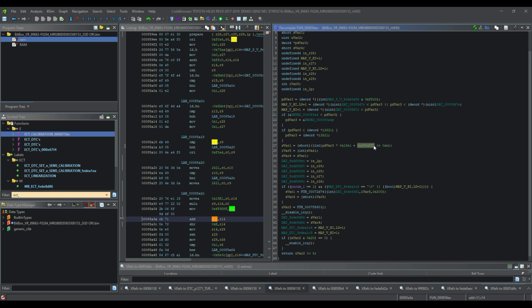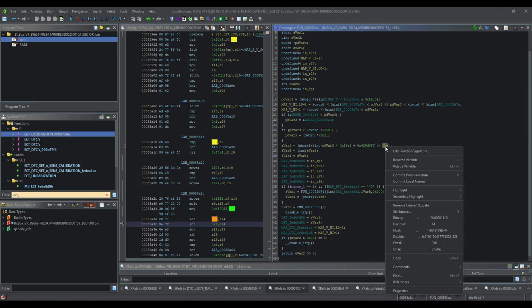So this is our factor, this is our offset, and then, yeah, and then the whole thing, once this is performed, then it's a bitwise operation, which is, wow, dividing this